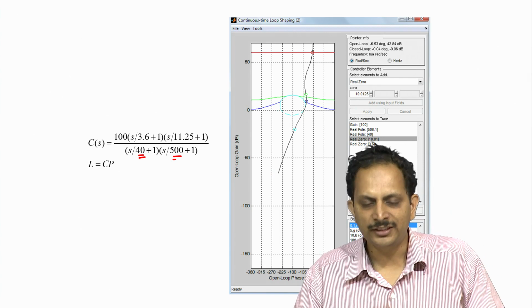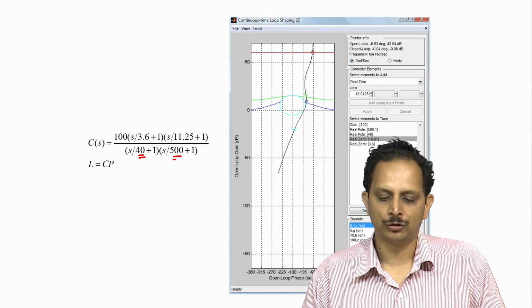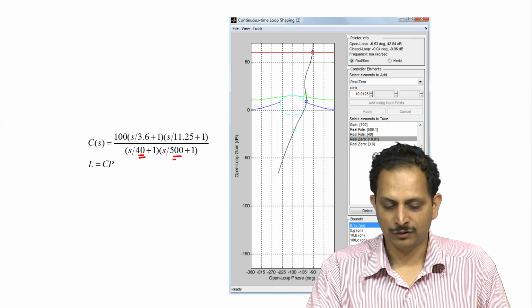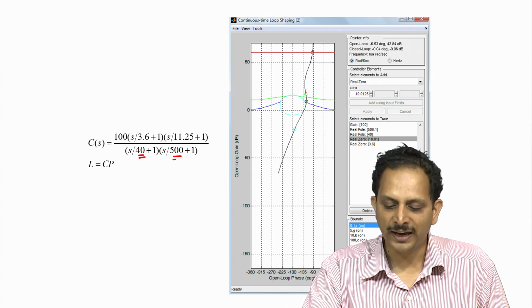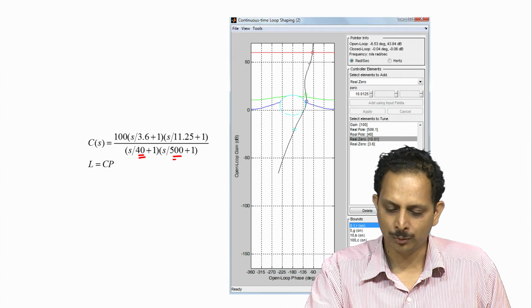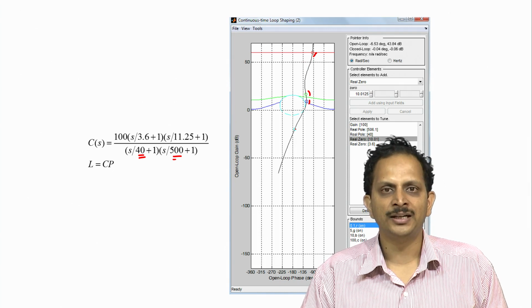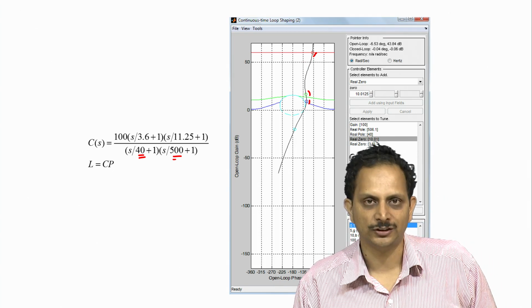So, with this we are done with the control design using the Nichols plot, because this particular controller is not only causal but also places the loop gain at each of the frequencies of interest to us, namely 0.1 radian per second, 5 radian per second, 10 radian per second and 100 radian per second in the regions that are permissible at each of these frequencies.